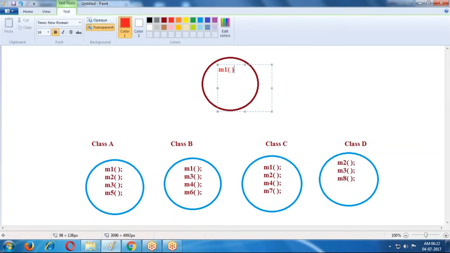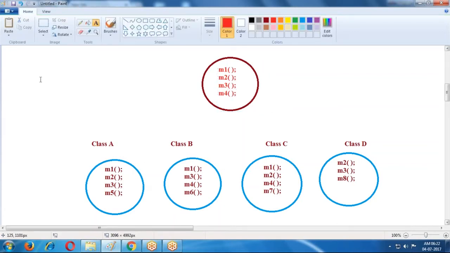M1 is one method, M2 is one more method, then M3 and M4. These 4 methods are used multiple times. So we provide that code only one time in another place, and from there we use these methods wherever required.